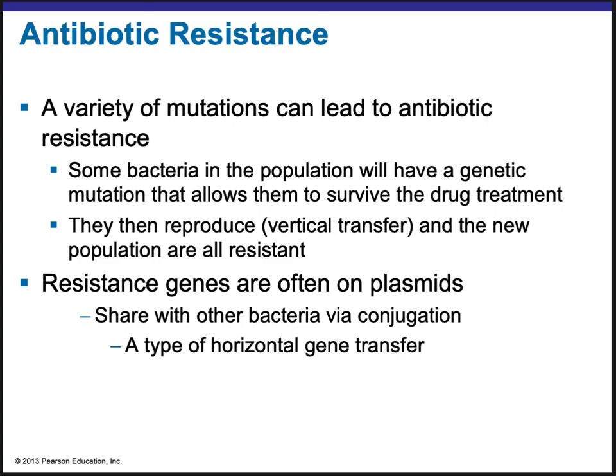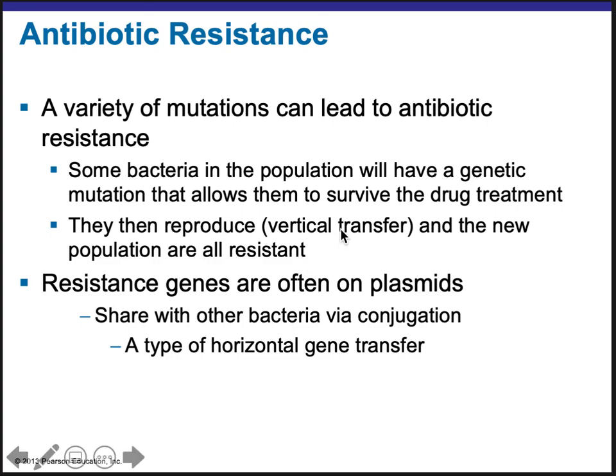Sometimes plasmids will have resistance to multiple different drugs. And so this is becoming more and more scary as there are more and more infections each year that we cannot treat. We already have hundreds of thousands of people dying from antibiotic resistant infections. Okay, so this conjugation, bacterial conjugation, is a type of horizontal gene transfer that leads to the rapid spread of antibiotic resistance.